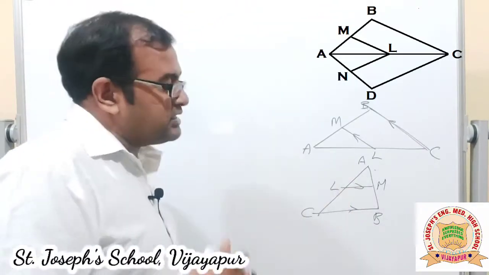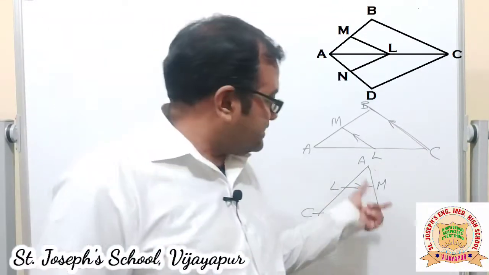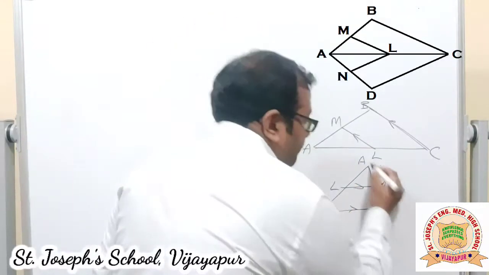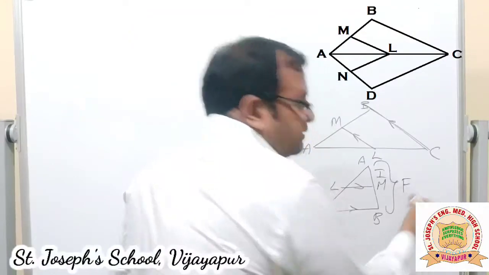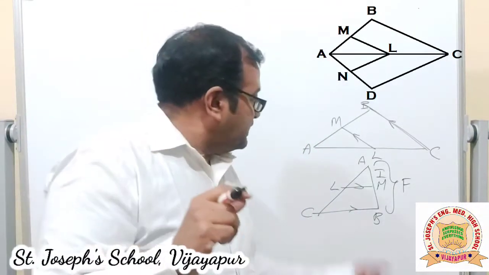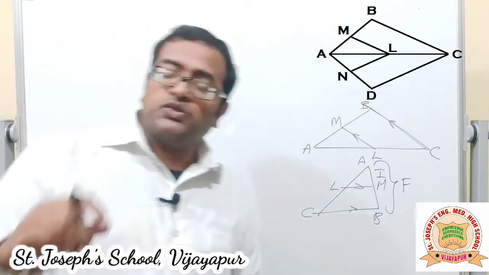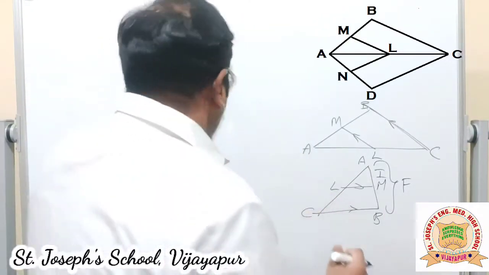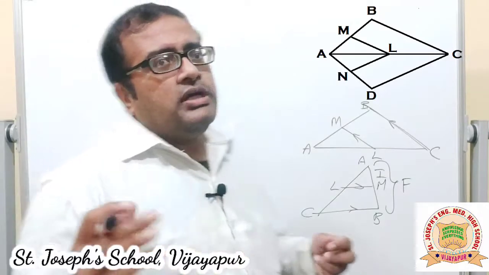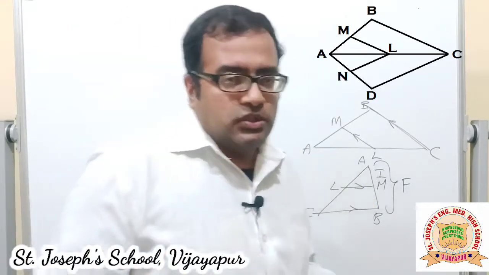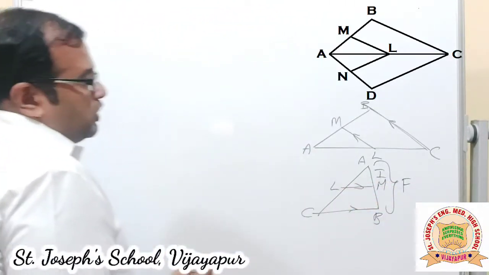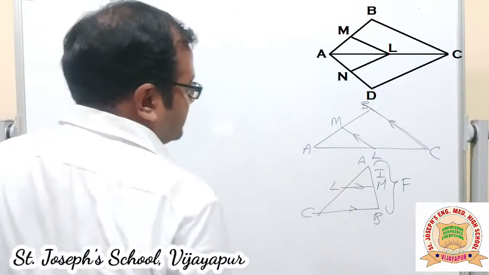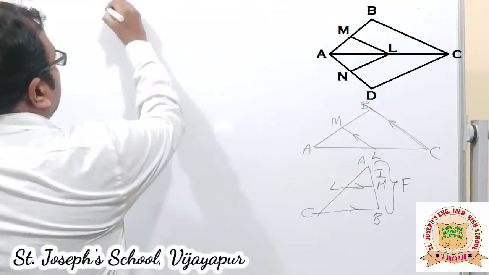But in the proof, what is required? The required part is AM by AB, meaning AM is the first part, AB is the full part. So we are in need of the first part by full part. So keeping this in mind, we will apply that extension of the theorem. They have not called it a corollary in the book, but you could do that. It could be treated like a corollary. Now as a result from the same theorem, I am going to apply that here.